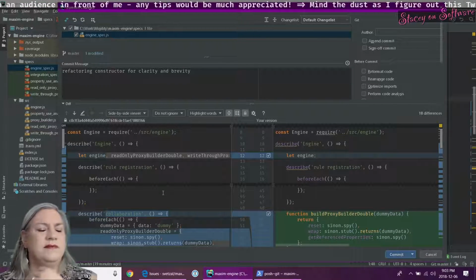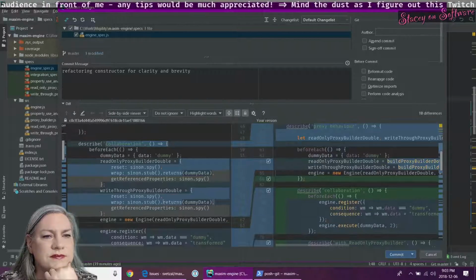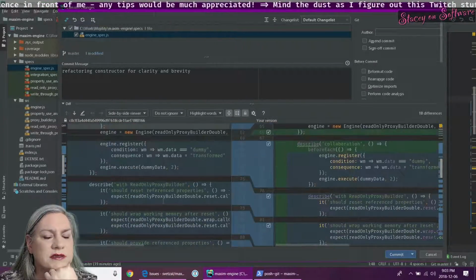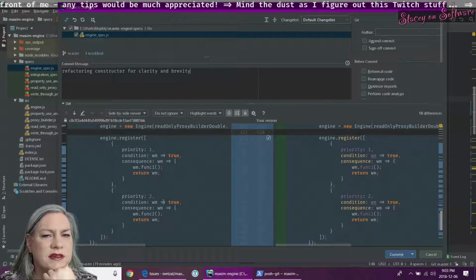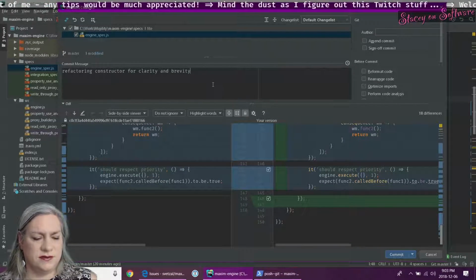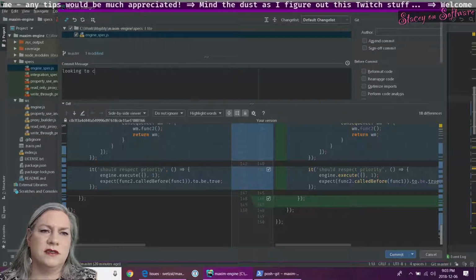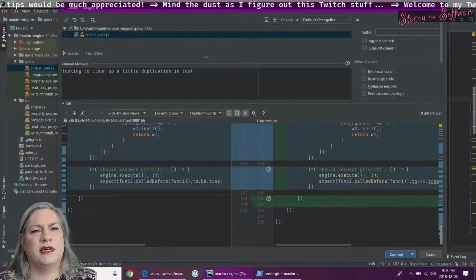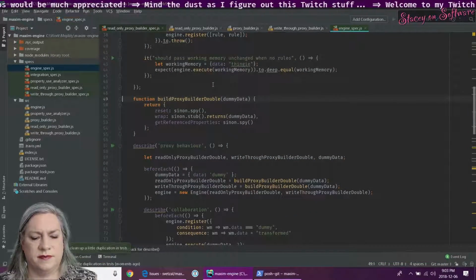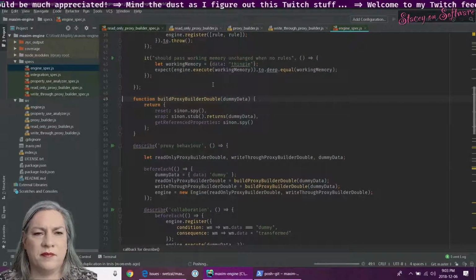Okay, there's a lot of change in this commit, but it's not so bad. So I'm looking to clean up a little duplication in tests. Pop that up.